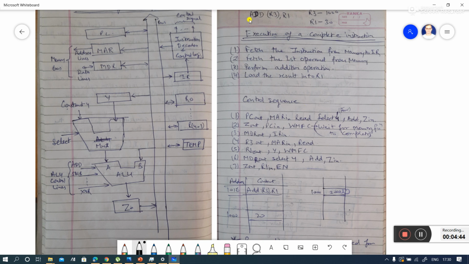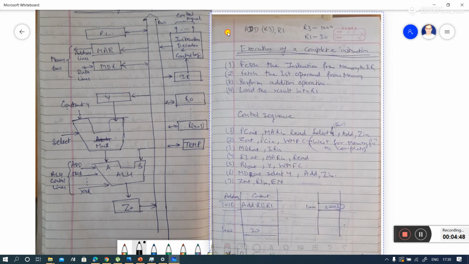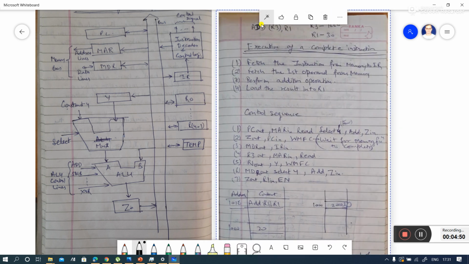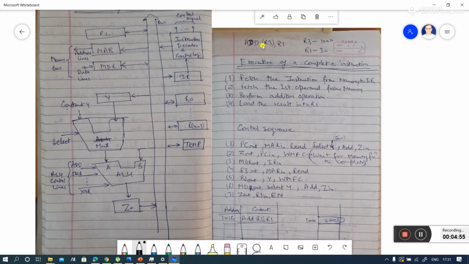So you have this instruction, and the examiner may ask what the control sequence is for it.